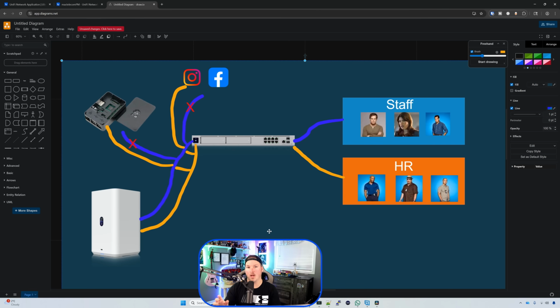So here you can see we have two different groups that we're going to create. We're going to create staff and then we're going to create HR, and we're going to have 3 people in each of them. This staff group, you can follow the path of the cable. We're going to allow it to go to our NAS, but we're not going to allow it to go to our Home Assistant or social media. The HR group, they're going to be able to go to the NAS, they'll be able to go to the Home Assistant, and they'll be able to go over to social media,